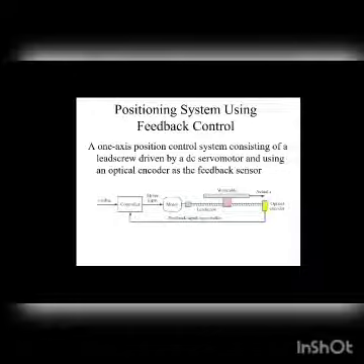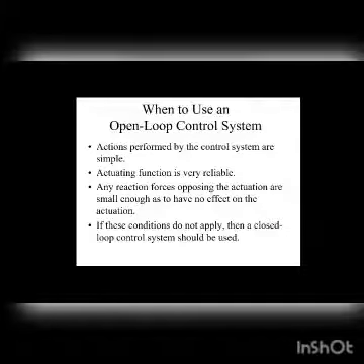You can see this is an example of closed loop system. X value, motor input. As I said, the work table is moved to a distance. To check whether it has moved to the required distance, an optical encoder is used as a feedback sensor, and it sends the feedback signal back into the controller to say whether the work table has moved sufficiently or not. If it is not moved, then the controller sends another instruction to the motor to move a little further. So this is an example of closed loop control system.